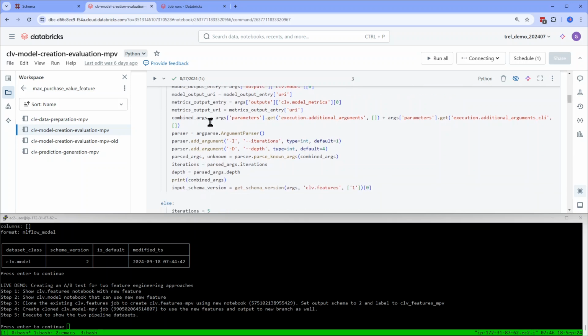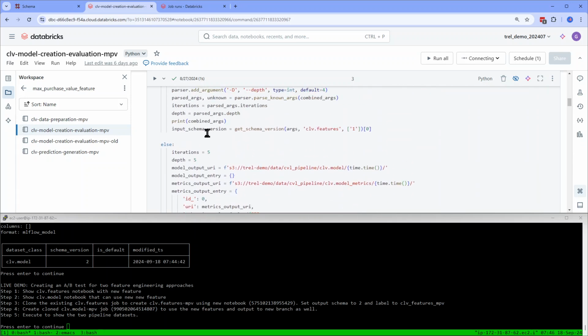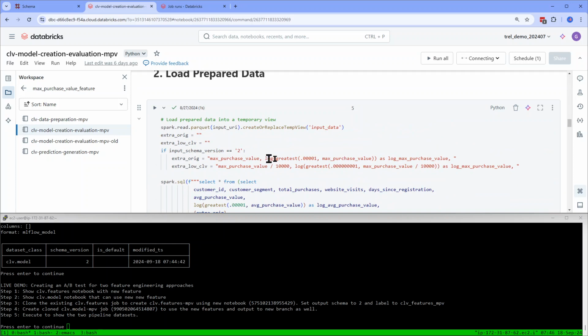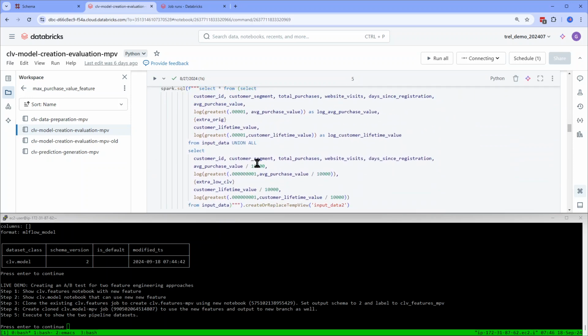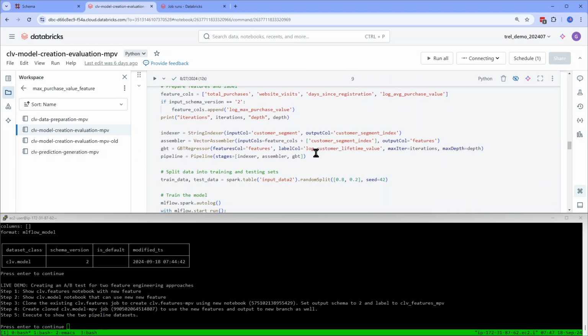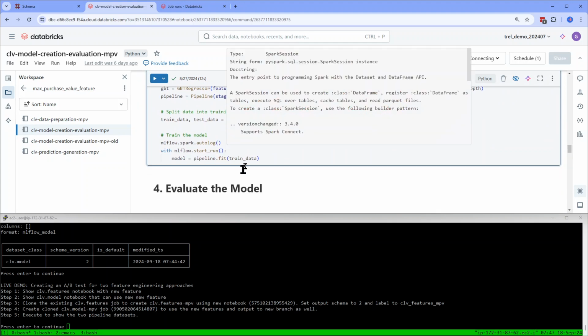So the schema version is now a matter of input. clv.features has input schema version 2, and if input schema version is 2, we have in our minor feature engineering section basically a log scale, log features. We have extra lines, and furthermore, here we will add this to our feature column. Now we have 1, 2, 3, 4, 5 features instead of 4. We build a model,